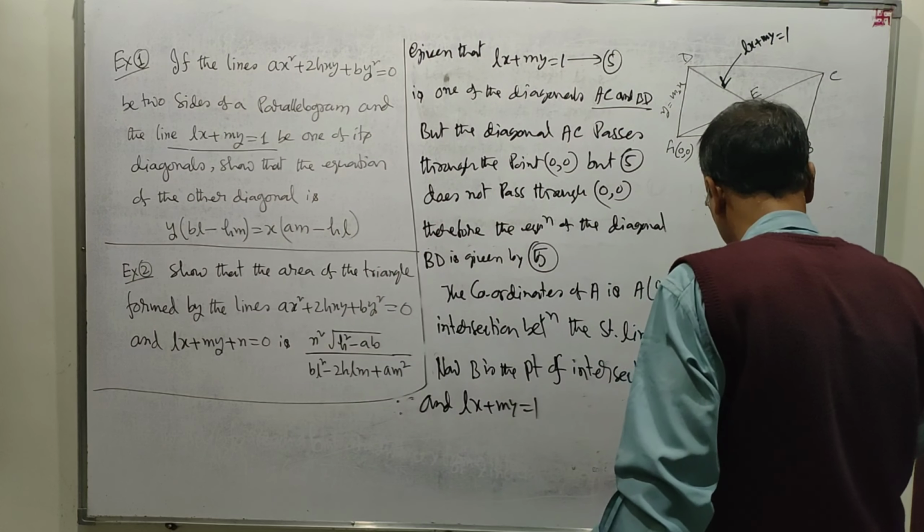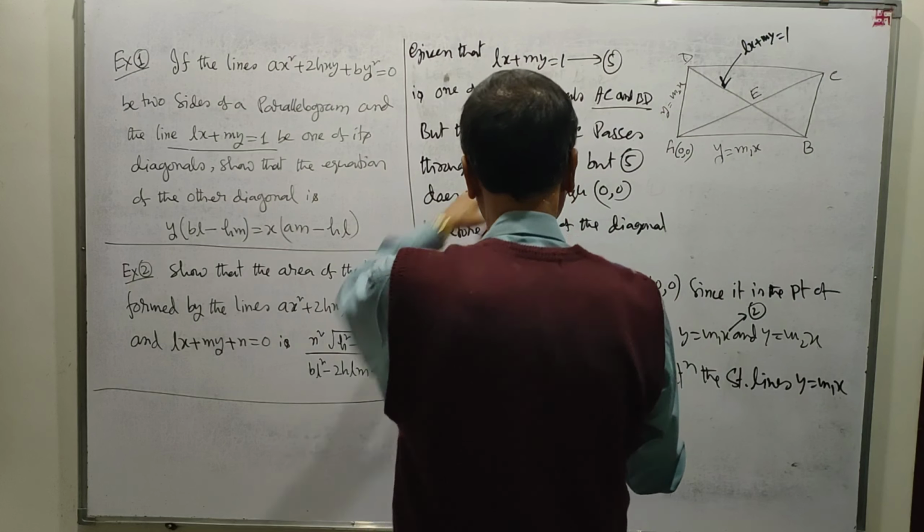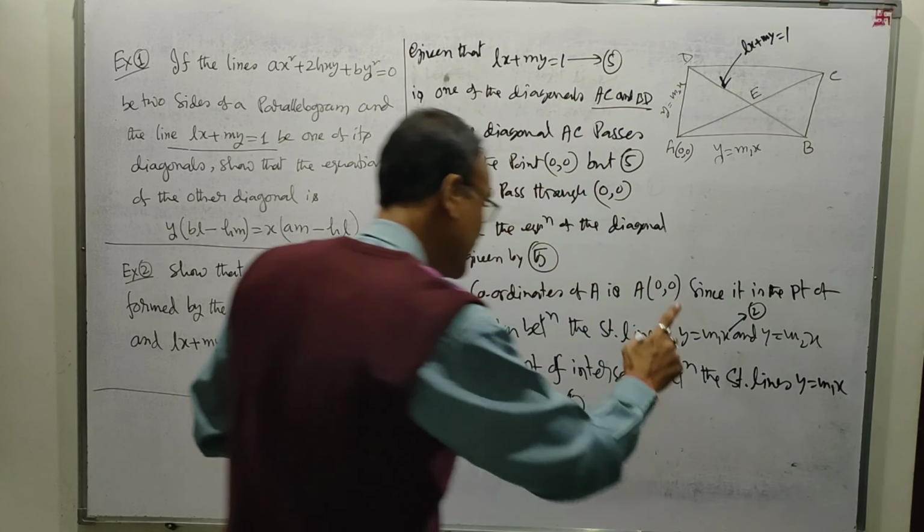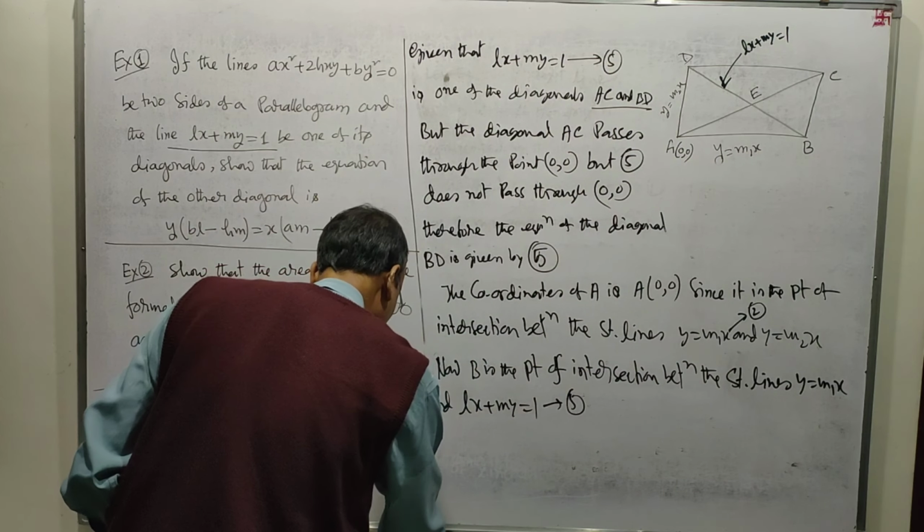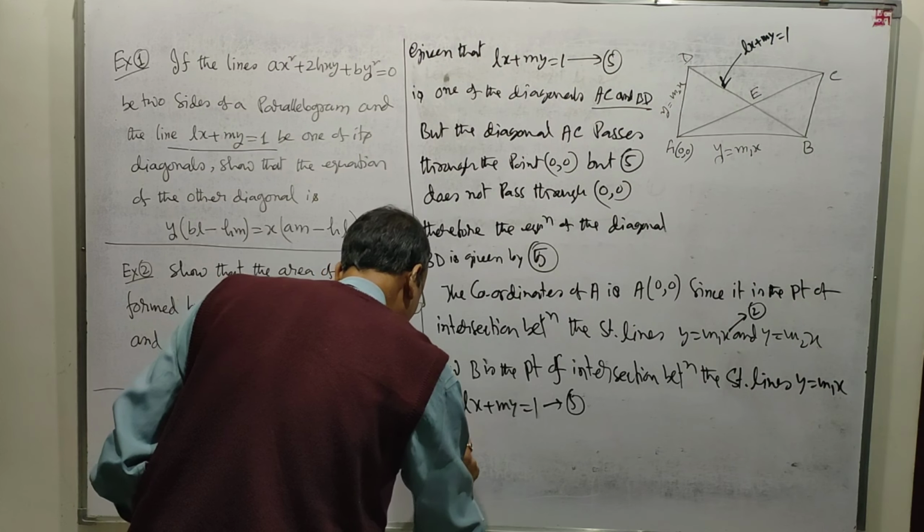Obviously, it was number 2 and it was number 5. Solving 2 and 5 we get